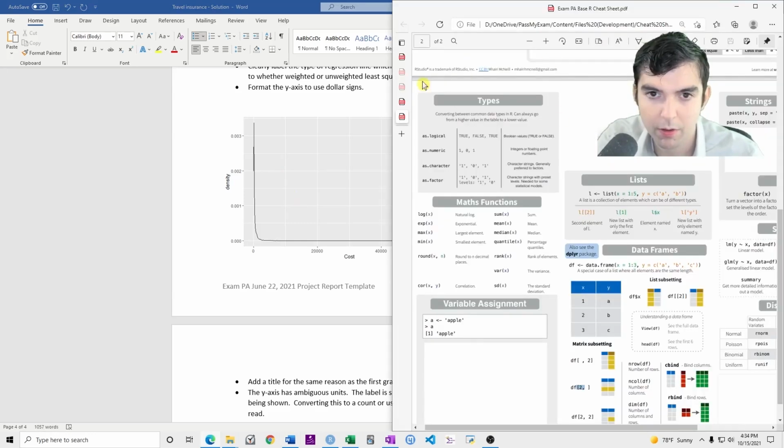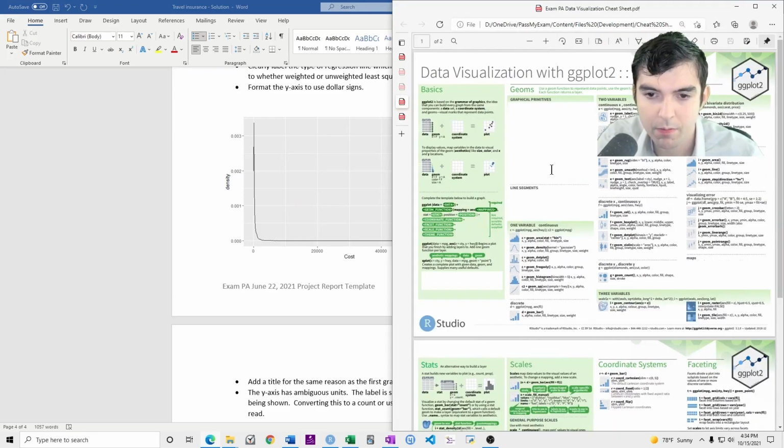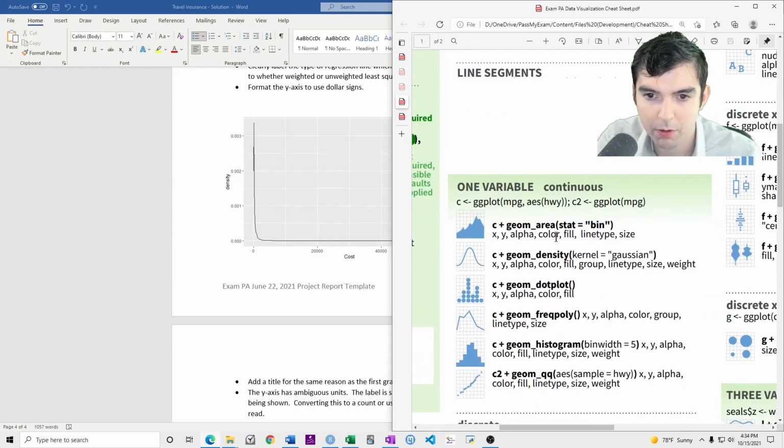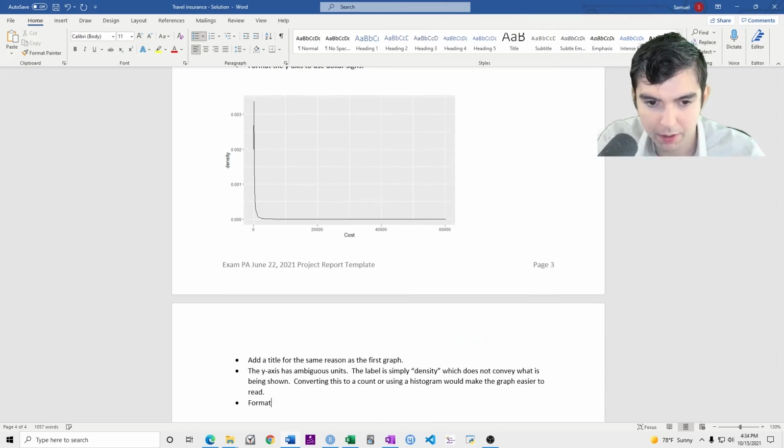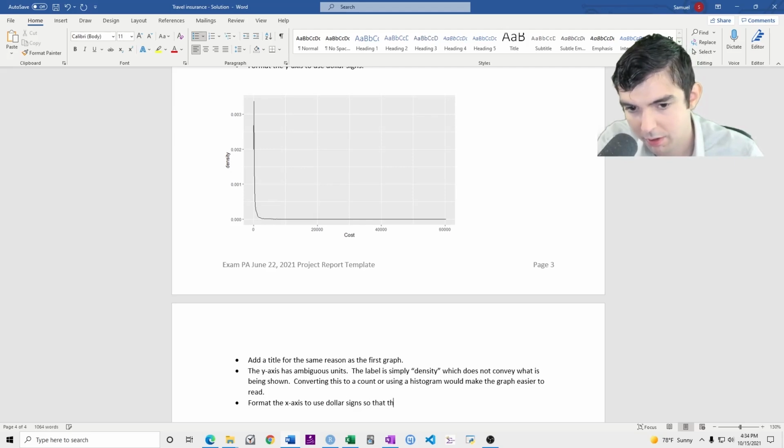So if you look here on the DataViz cheat sheet, what you're looking at are these one-variable graphs. Not a dot plot, because that's for when the x-axis is discrete, but a frequency polygon or a histogram, even a QQ plot, or this geom area. I would also dollar-format the x-axis to use dollar signs so that the audience understands the financial impact.